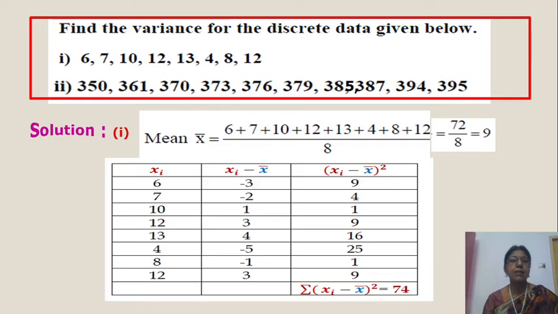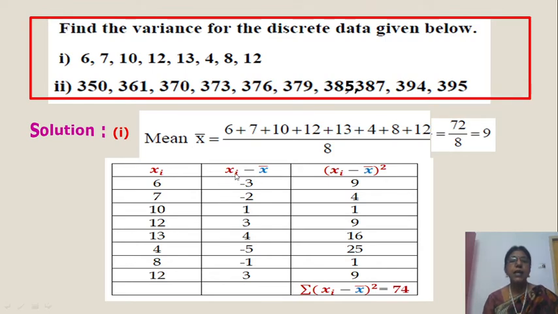First find SD sigma. Now xi minus x bar, xi minus x bar square. This is xi: 6, 7, 10, 12, 13, these are xi values. Already we know x bar is 9. Now write xi minus x bar, meaning xi minus 9. 6 minus 9 is minus 3. 7 minus 9, x bar is 9 ma. So xi minus 9, think like that. 10 minus 9 is plus 1. 12 minus 9 is 3, like that.